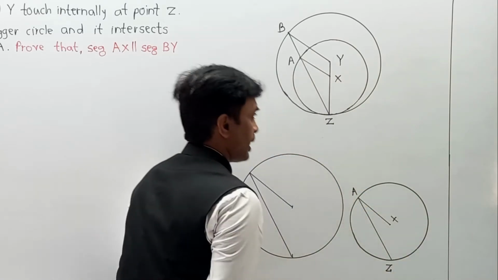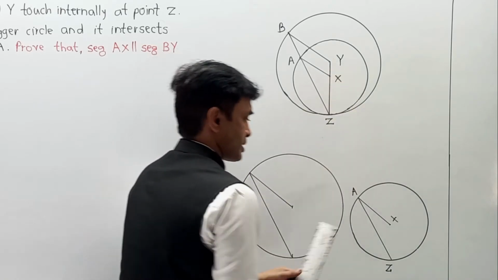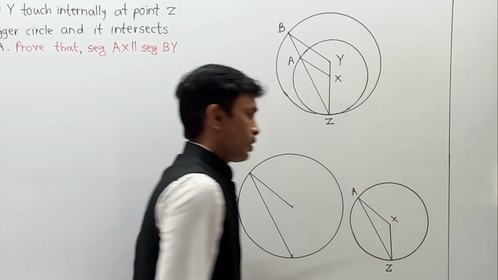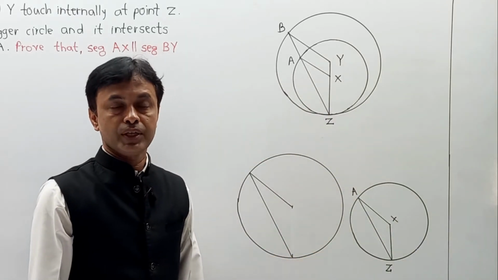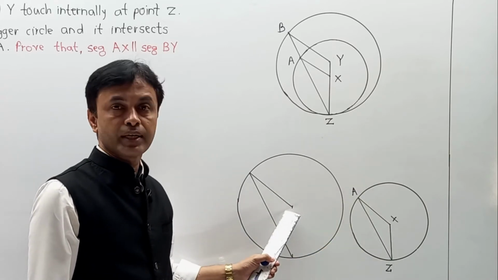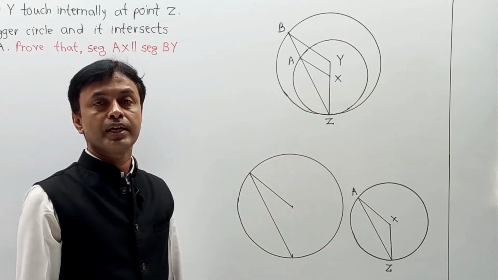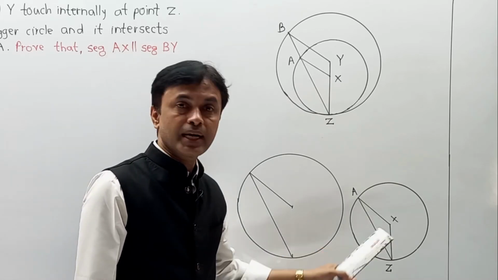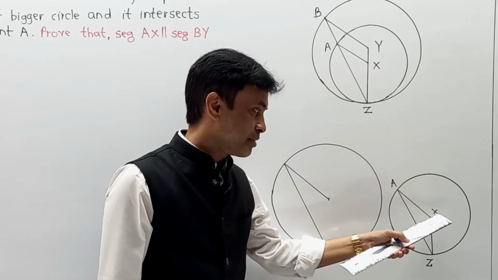XAZ. And in construction we have joined XZ. So I have joined XZ over here. Now observe this circle first carefully. Now from this diagram I am going to write number 1, from this diagram I am going to write number 2, and then I am coming for final answer so that you can easily understand the part one by one, if you understand a diagram, circle with center X,